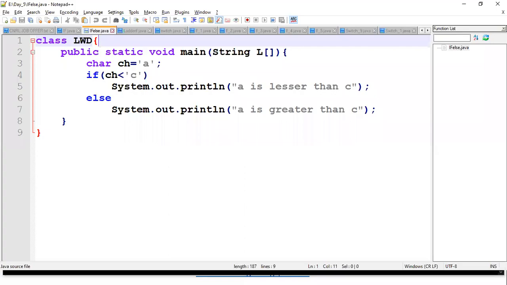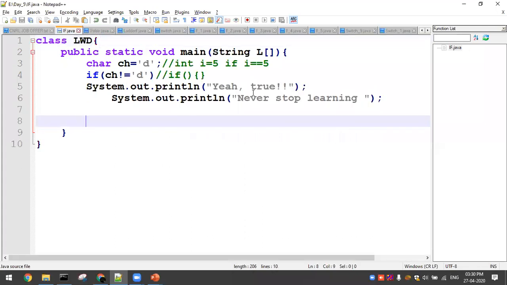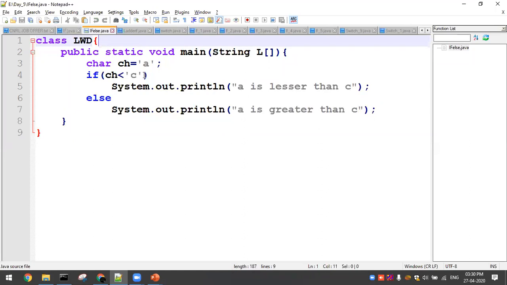So if else is nothing but, if the condition goes wrong, you will have one more option. That comes under the if else part. In the previous case we had only if: if the condition is satisfied, you go ahead with it, and the set of processes remains the same if the other conditions are not satisfied. Now here you have a condition. If this condition is satisfied, go ahead with the first statement. If the condition is not satisfied, you go with the else part. So this is called the if else part.